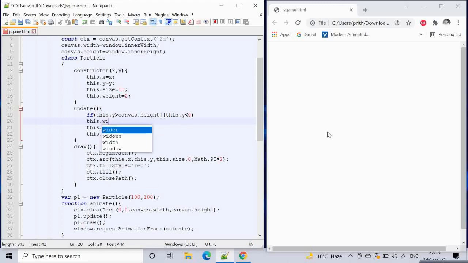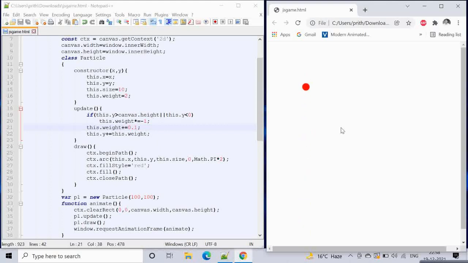Earlier we had this Vy, in this case it's weight, so this.weight multiplied by -1. That will change the direction. So let's see.